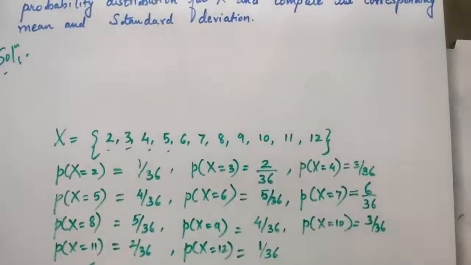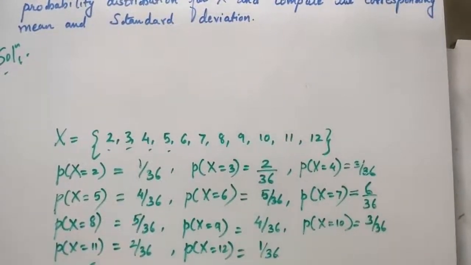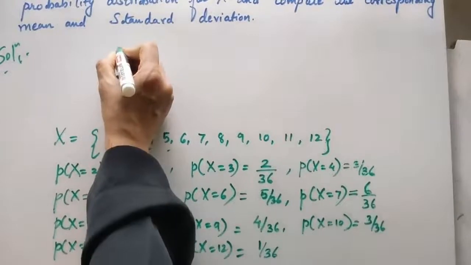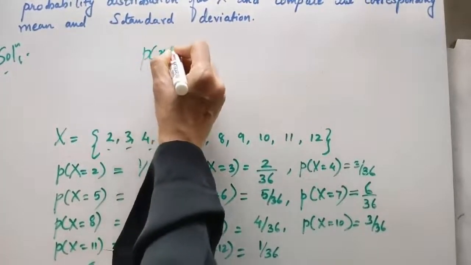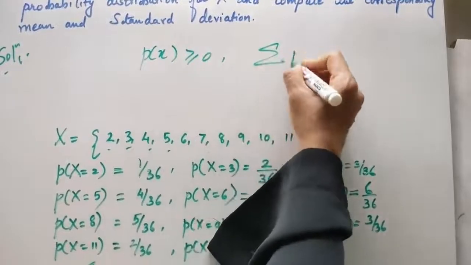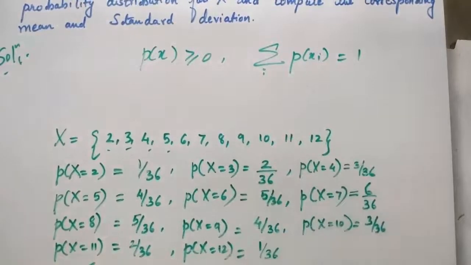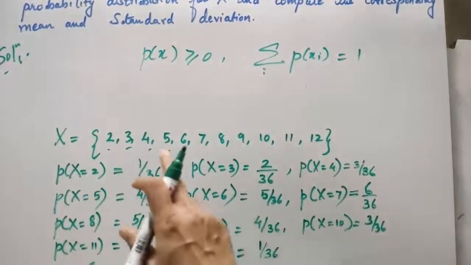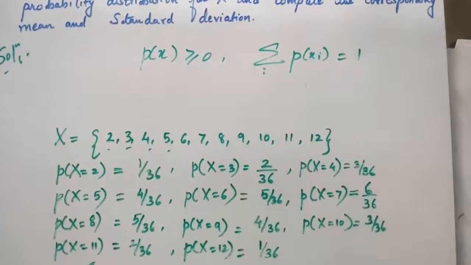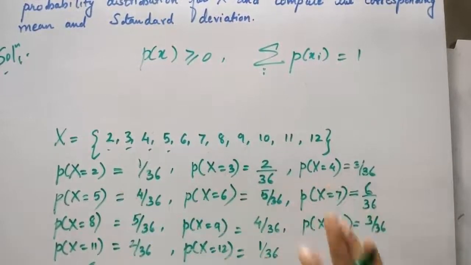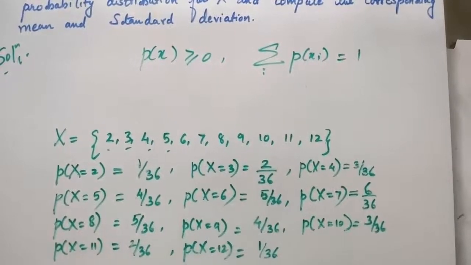Okay. Now see, you have learned the definition of a probability distribution, which states that each probability P of x should be greater than or equal to 0, and the second condition was the summation of P of x_i over all i should be equal to 1. The summation of all the probabilities distributed among the different values of the random variable should be 1. So you just have to add all these probabilities. The addition should result in 1. Then whatever distribution we have done is proper. So let's verify whether our distribution is proper or not. Then we'll go for the computation of mean and standard deviation of this distribution.